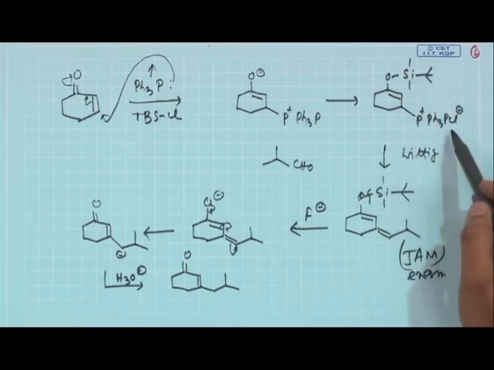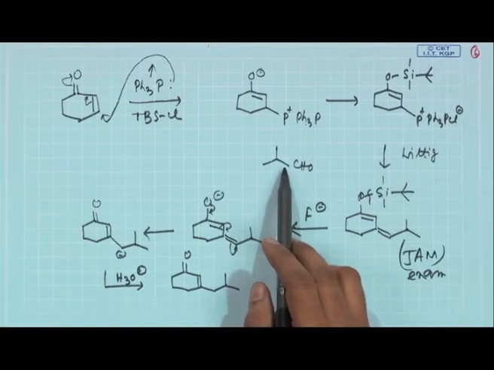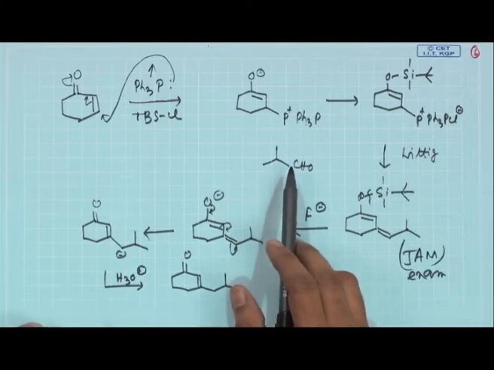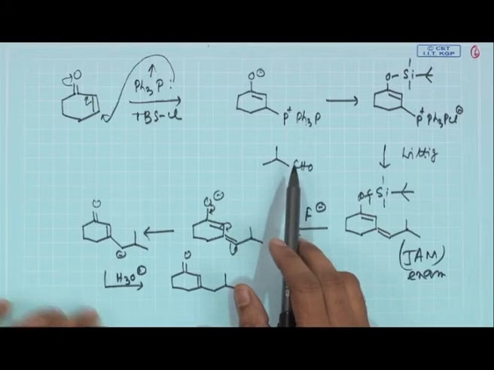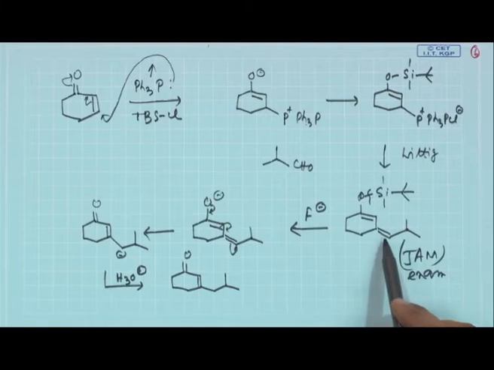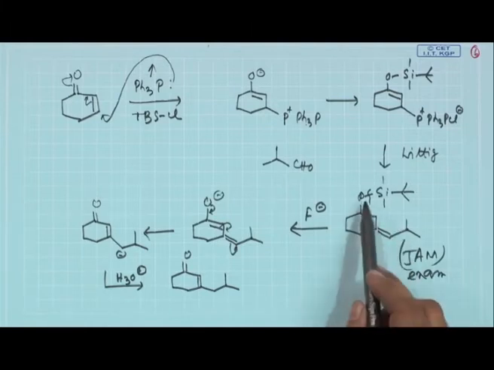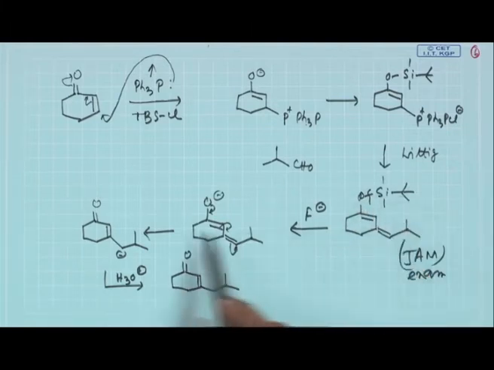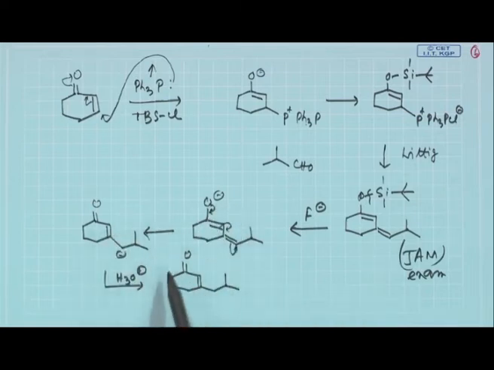So, this phosphonium salt now undergoes Wittig reaction with the aldehyde. This aldehyde was basically chosen based on the target molecule structure. Depending on the structure of the target, you choose this aldehyde. So, it will be something like this compound. Now, you cleave the enol silyl ether with this, you get the enolate, the simple anion relay, it comes here, and this is quenched with aqueous acidic condition, and you get your target molecule.